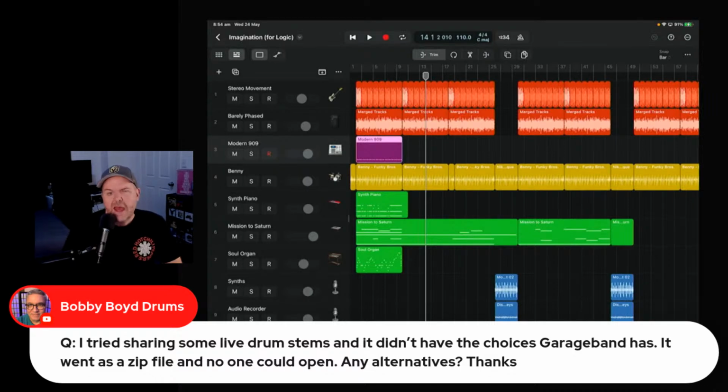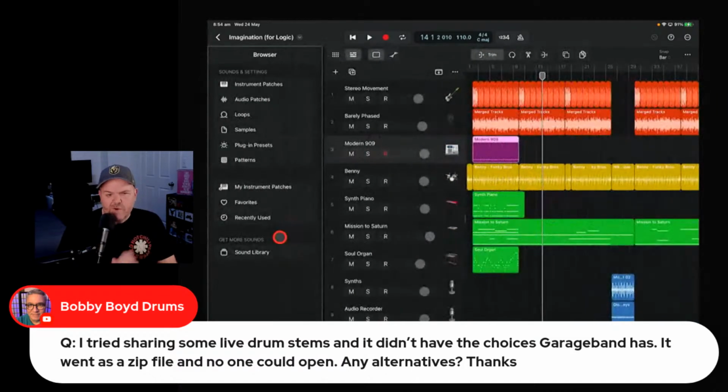If you're stemming them out or exporting them as WAV files, then you should be able to import them as WAV files. I will show you just quickly because it's related to this. Even though before I said everything you do in Logic Pro is in the browser, there's one thing that you can't do, and that's bring in your own audio from the browser. So there's no way to have a folder here of your audio loops and samples and use them from there. You need to actually import them individually or separately at least.